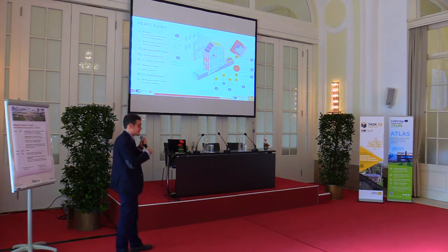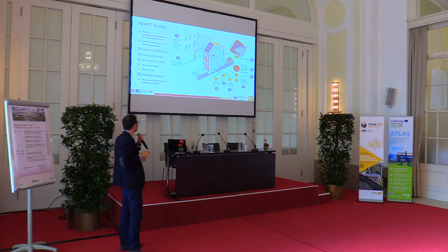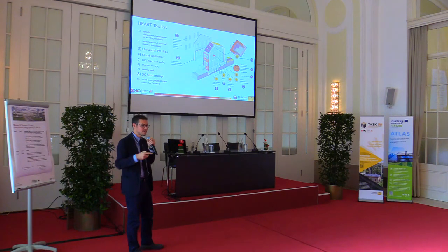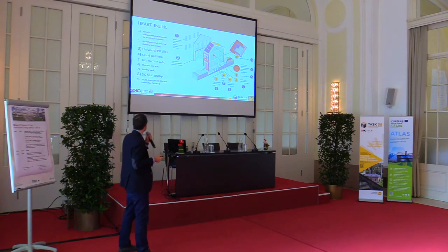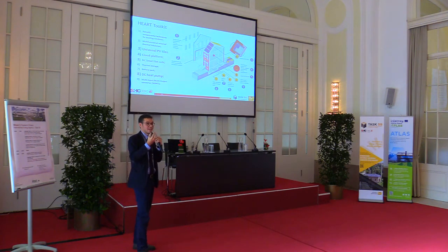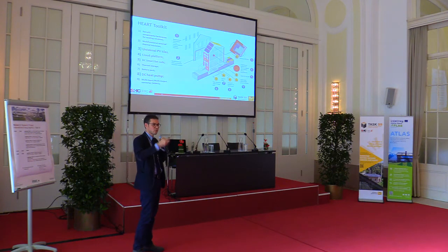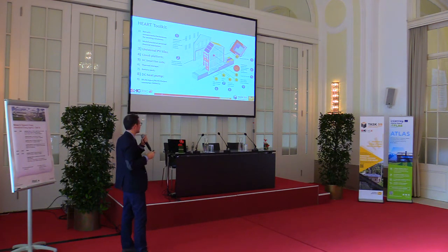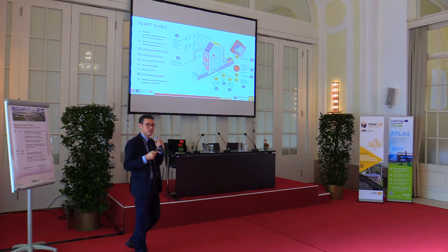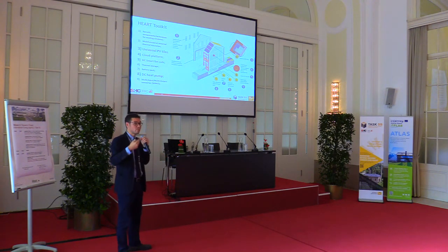More in detail, HART consists of some subcomponents: retrofit components for both opaque and glazed envelope, and some universal tiles that are very easily adapted and integrated in existing roofs generally characterized by tiles. A cloud-based platform is the main core of this system, because it's a sort of acquisition system that gets the information from each subcomponent and sets properly the set point of each subcomponent in order to guarantee the proper operation of the building. Then the smart fan coil that should replace